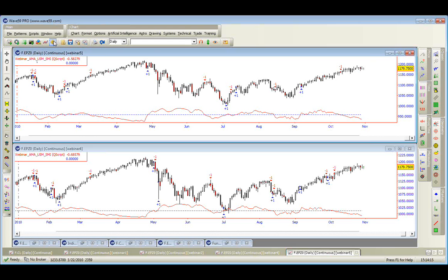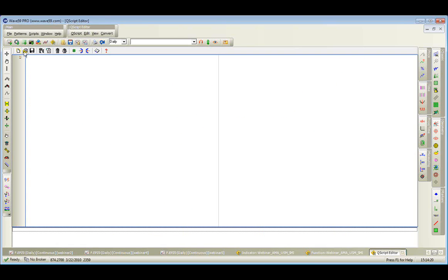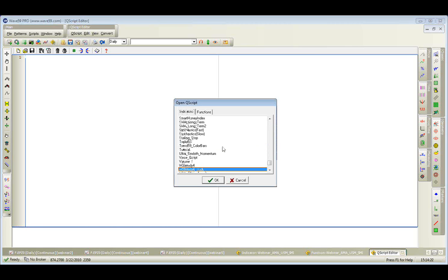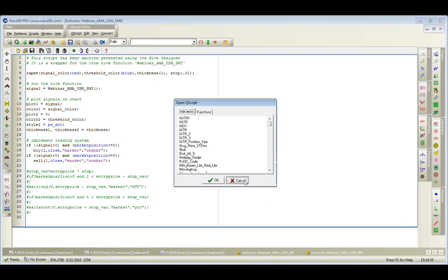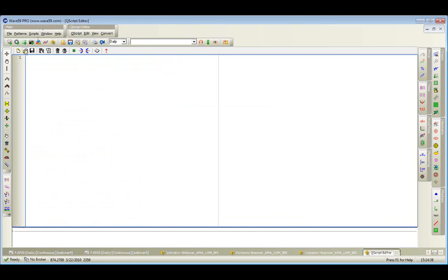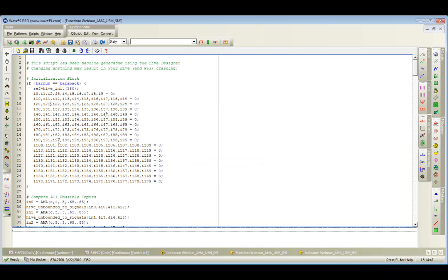How you would do that is that you would come right here to the QScript editor, and you would open this up, and you would come in here and come down to the hive that was made and just click it. This is the wrapper for the hive, meaning this isn't actually the guts of the system. If you want to see what actually is going on underneath the hood, well, I'll open a new window here. You would want to go to the function by the same name, and here it is. And this is the actual hive that I built for this webinar,